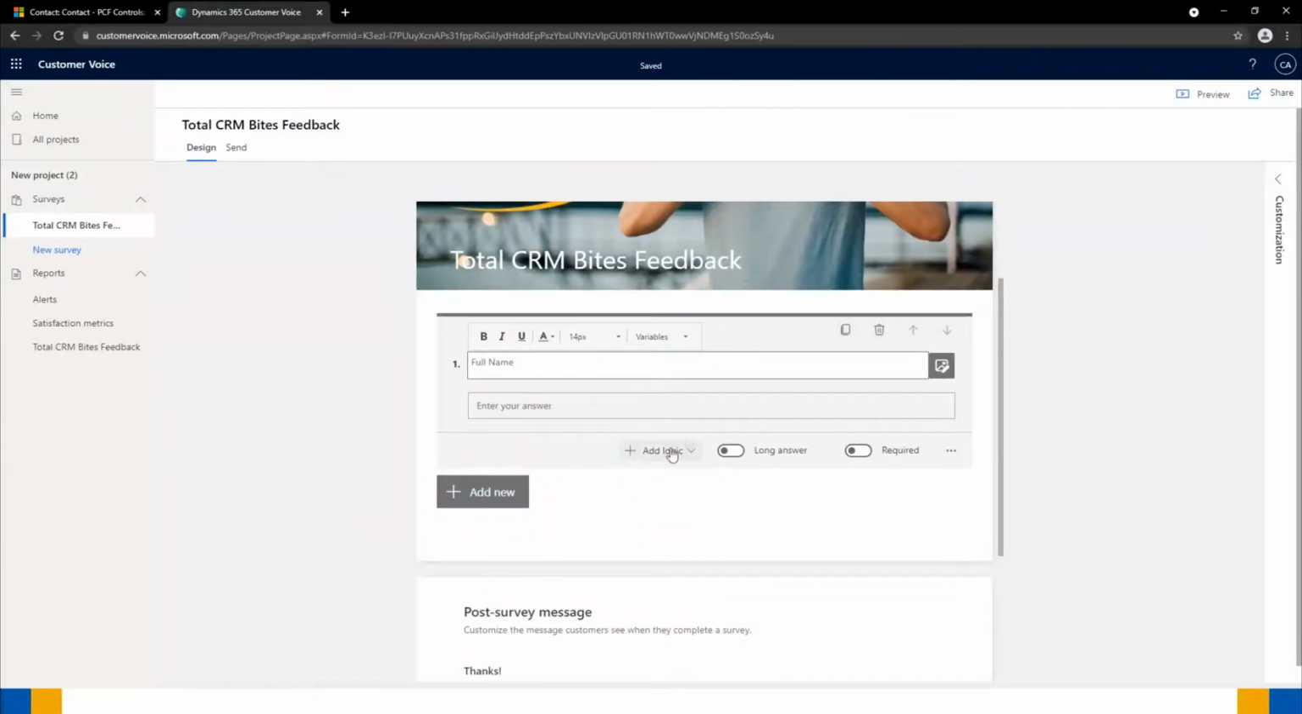I'm going to skip the add logic section for the moment, but what we could do is make this field a long answer or a required field, which could be used, for example, on fields where we're asking for extended feedback, some things like that. Under the 3 dots, we have a few more options. I could add in a subtitle,